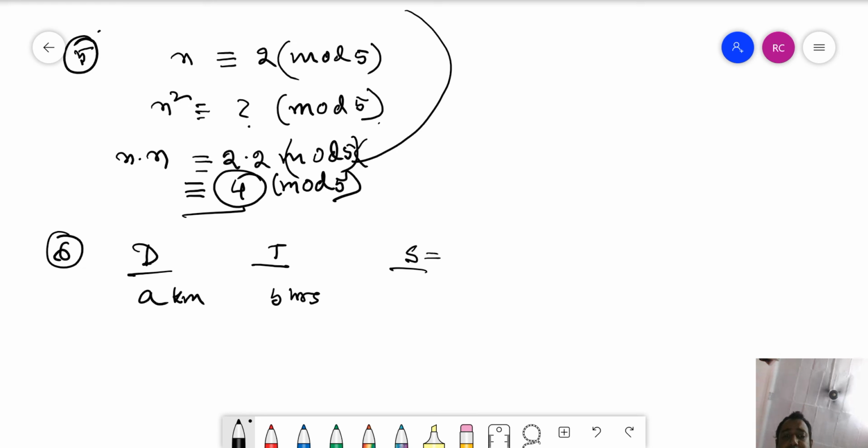We have speed is equal to distance divided by time. We have time is equal to distance divided by speed. So plugging in the values of distance and time, we get a by b kilometers per hour as the speed,